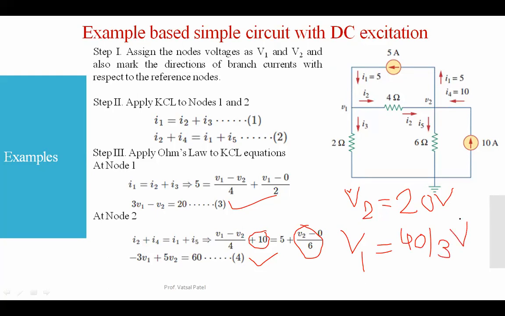So V1 is equal to 40 divided by 3 V, that was the voltage. So are you all getting this answer? Tell me, are you all getting the answer? Because right now only one student has given the answer. So are you calculating these steps or not? Are you getting the answer or not?